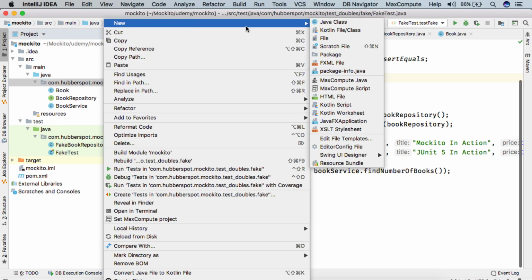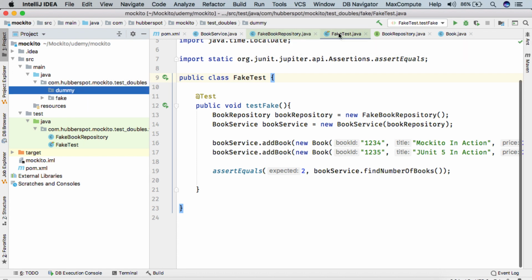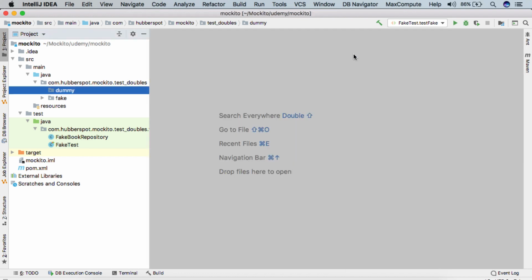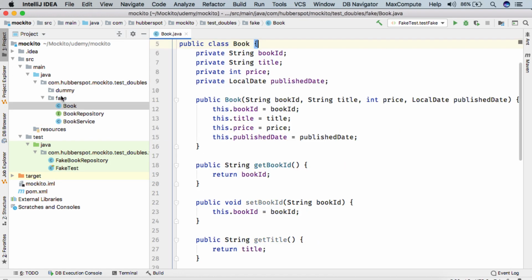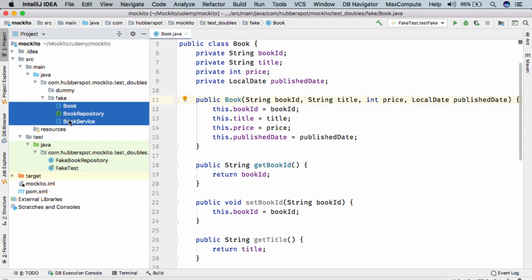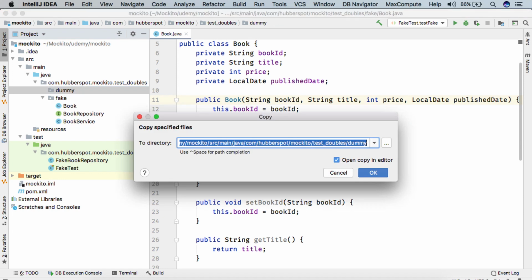So here I will be creating one package, Mockito test double.dummy, and I will close all the classes. The example we'll be using is what we created in the fake test double, so I'll simply copy these classes and paste them in the dummy package.